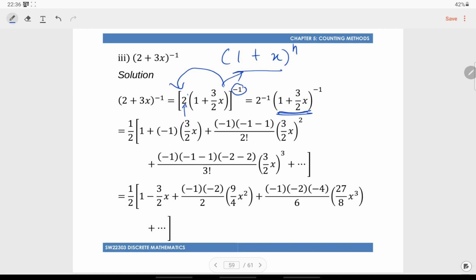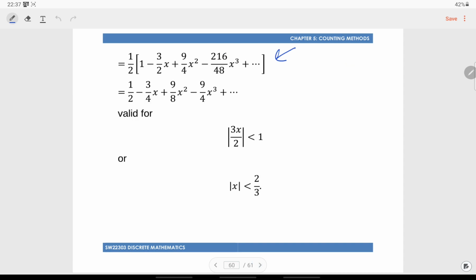So we have two important pieces of information here. This one is n, and also the value for our x is equal to 3 over 2x. So we substitute into the formula. Okay, so we obtain all the values inside the largest parenthesis. We simplify all the fractions. So finally we come out with this equation, and then don't forget to multiply with 1 over 2 to come out with the final equation. So don't forget about this triple dot,